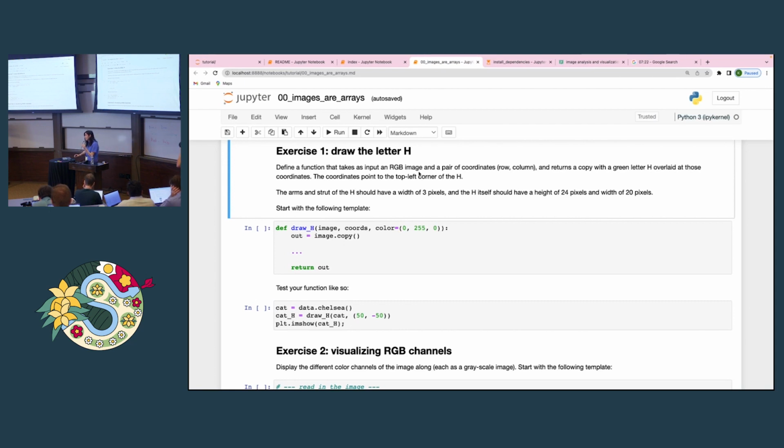Just as an aside, the reason why we do image.copy here is because you'll be modifying the image in place, and we don't want to modify the original image. Okay, yeah, I guess if you finish this exercise early,